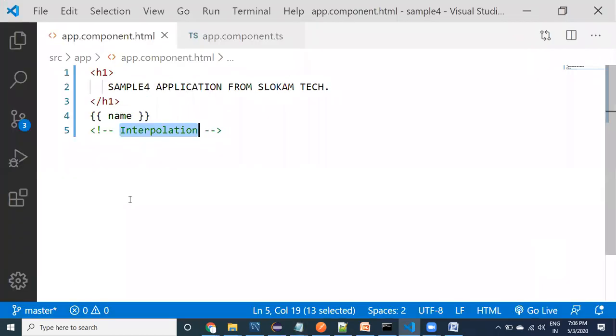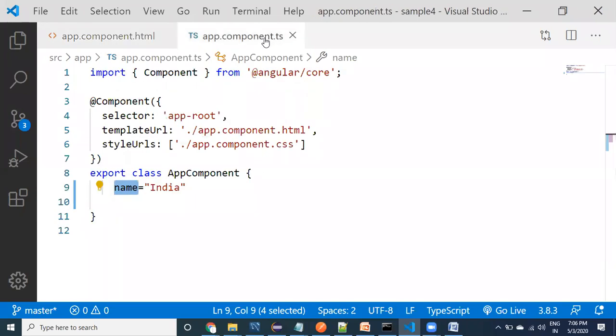Now today we have seen, I came back to the same HTML. So now I want to tell something. I came to here. This is the property name. This property name is available in the class. Which class is it available in? Within this class, I have provided the name India.